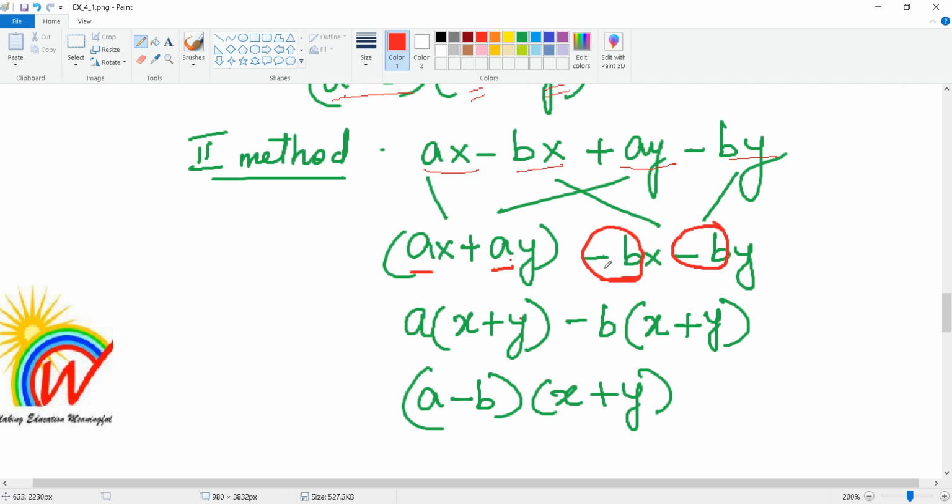Now I have minus b common in both of them, so write minus b, open the bracket. So x from here, now y from here. Your minus is already taken out, so you will have to keep it as plus, because minus times plus gives you minus. If you are taking out minus outside, you have to change the sign inside. Here you had a minus x, but here you will have a plus x, so we don't have to write the plus. And here we had a minus by, so here you will simply write plus y, because the minus is already taken out.